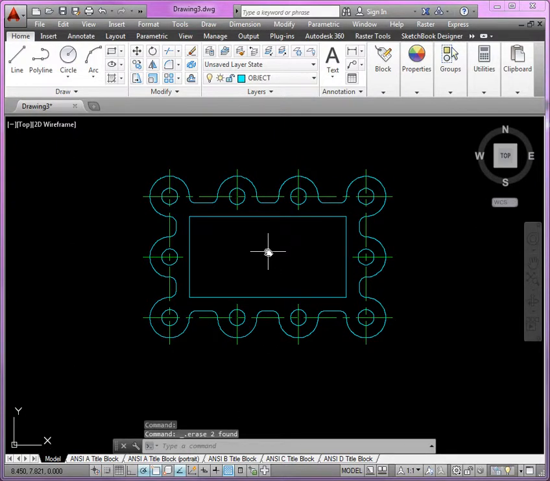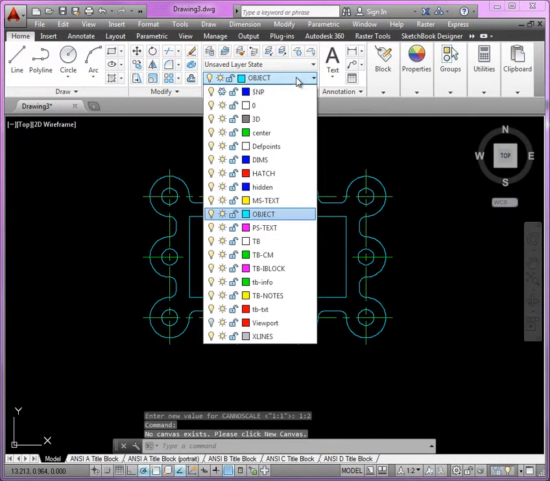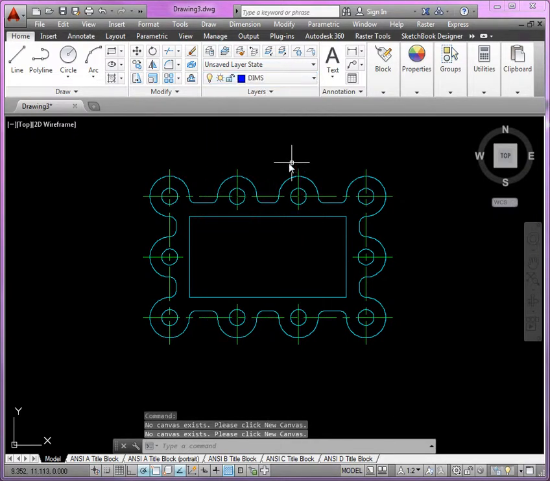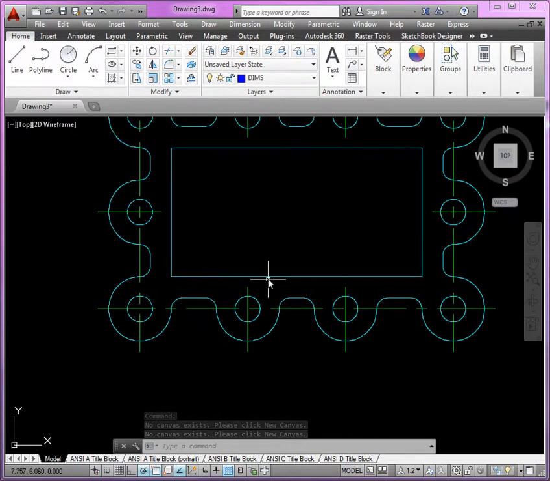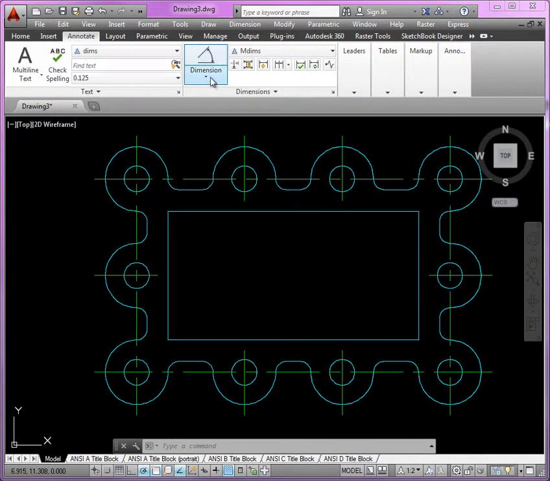And as I proceed with dimensioning, I want to double check and make a change to my annotation scale here. This is set for 1:2. I'll switch layers to the DIMS layer, and then I'll go ahead and start adding my dimensions. So starting from the inside here, I'll use a linear dimension,